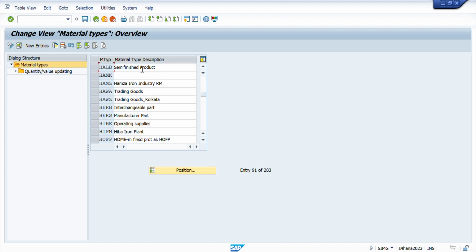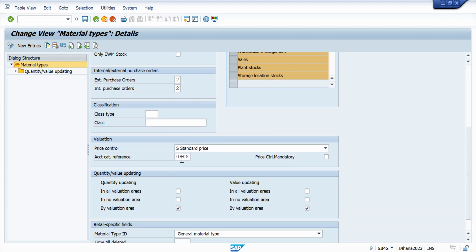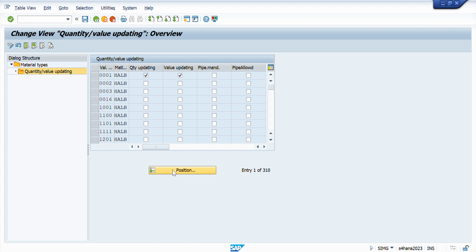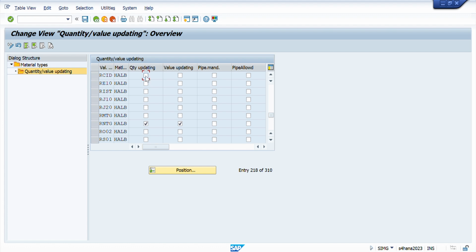Next is HALB, which is nothing but the semi-finished goods. For the semi-finished goods also, if we check internal, we have different default views which should be automatically selected. We have a specific account category reference, and we have the price control. I'm keeping those as standard. Let's go into value and quantity updating and select our plant and select the quantity and value update. Let us save it. Going back,